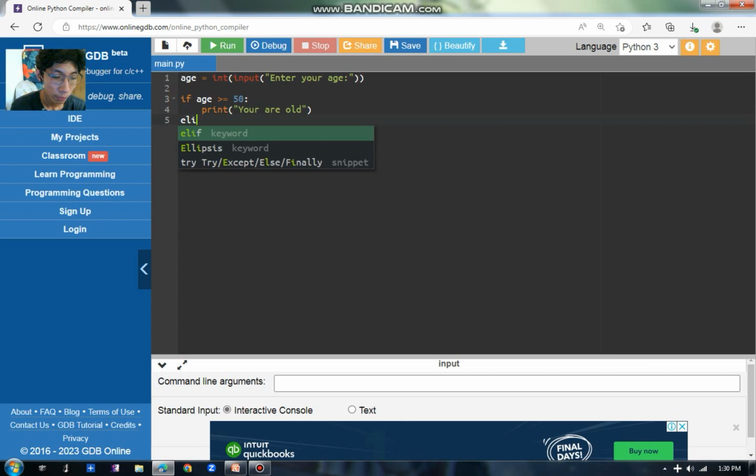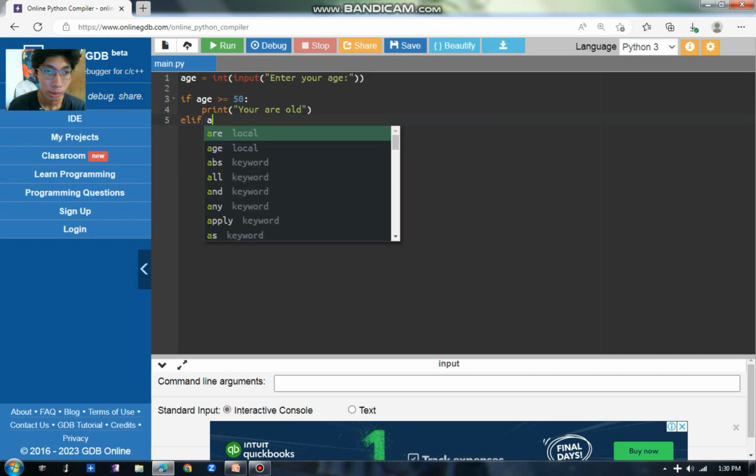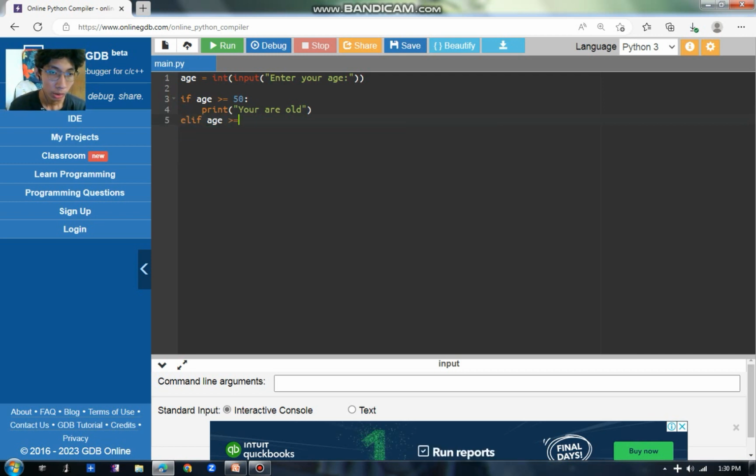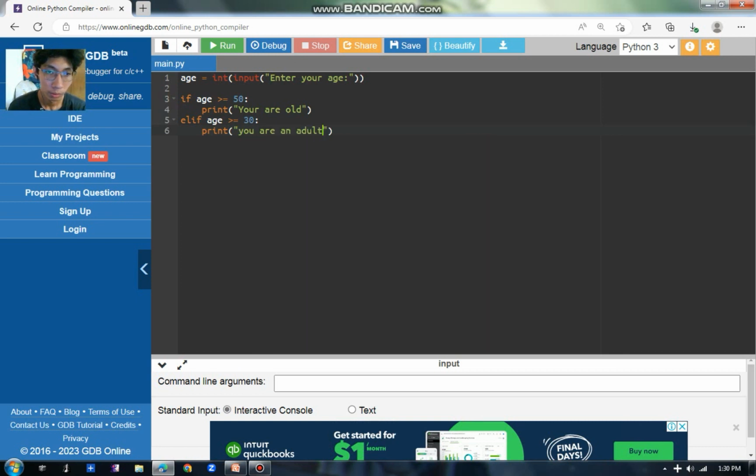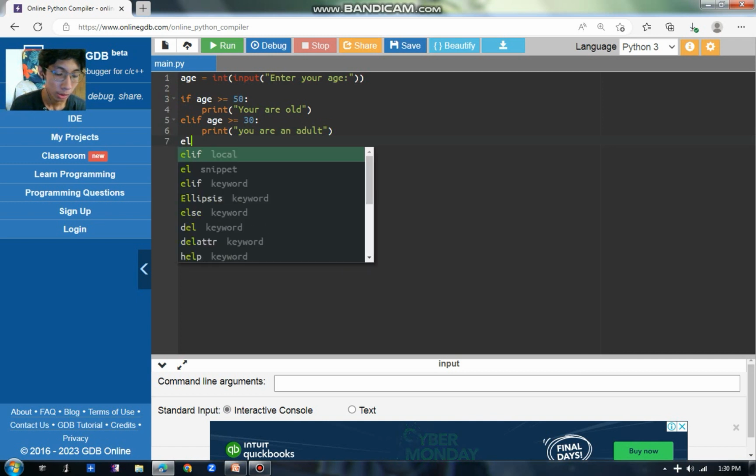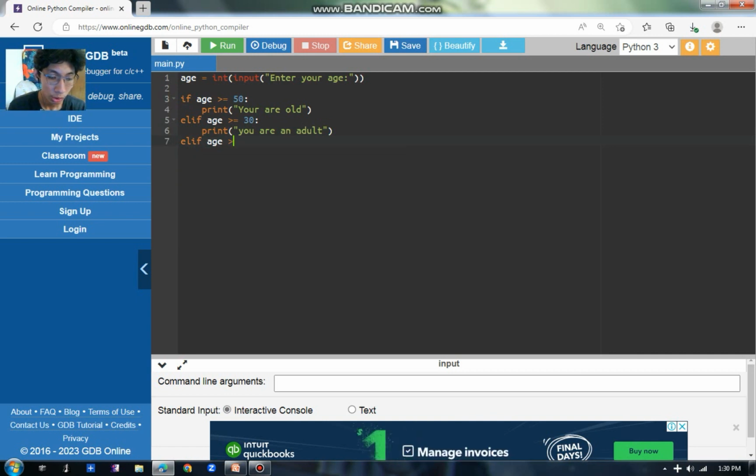Then we use an elif statement to check for another condition, 30. Print, you are adult. And then let's add another condition. Age is greater than, let's say